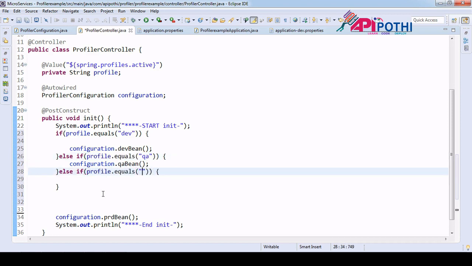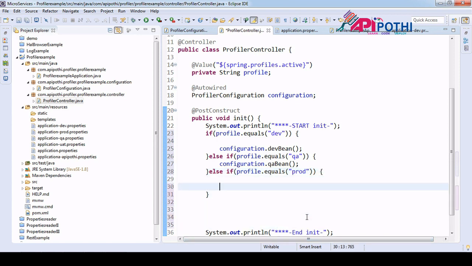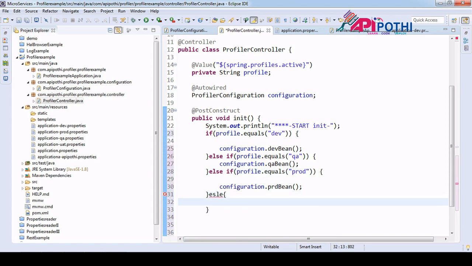Okay, so what is the PRD? I think PRD, let me check. This spelling mistake won't make you run your application. PROD. Okay, so PROD, and for prod related I want to run this one. Now let it be only this one.